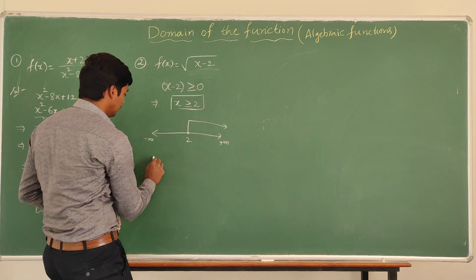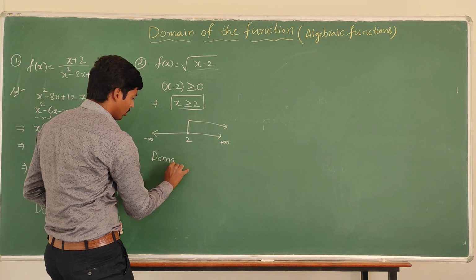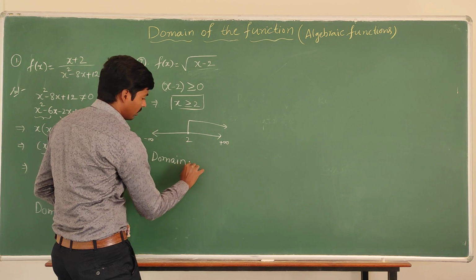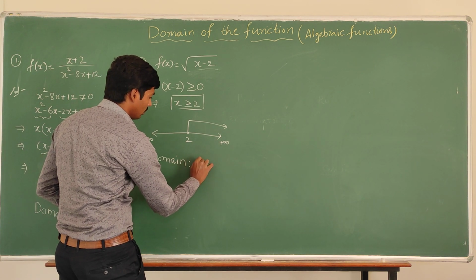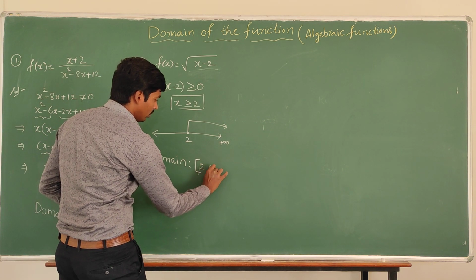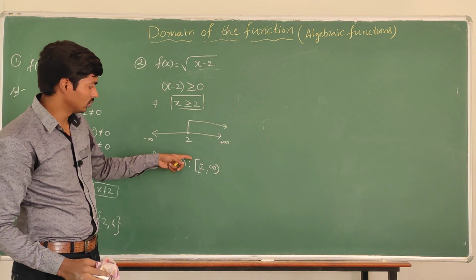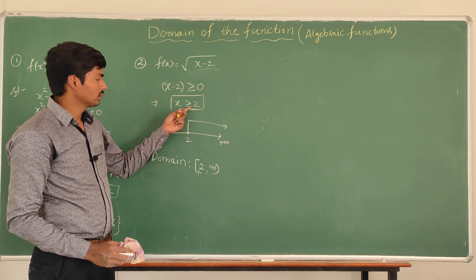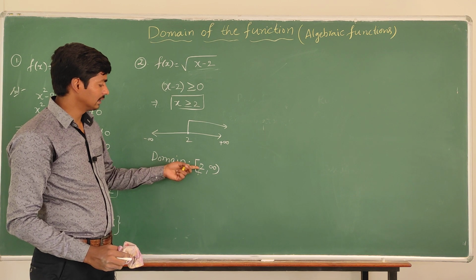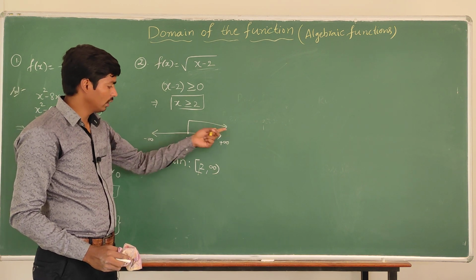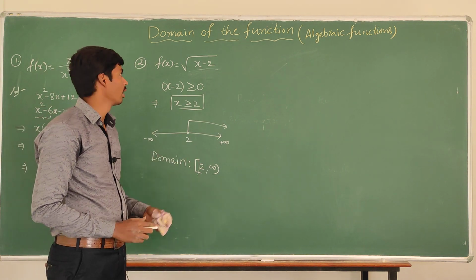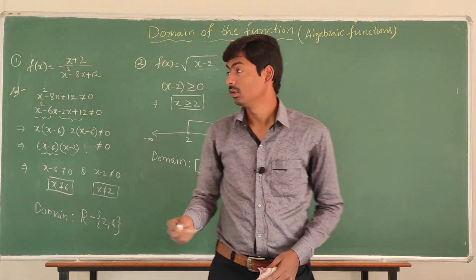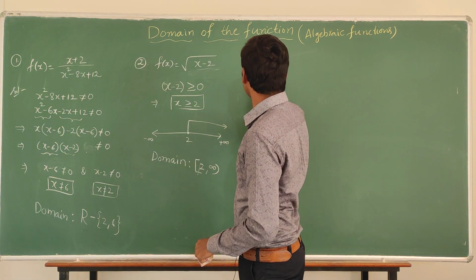So the domain of the function is 2 to infinity. Here 2 is closed. Why? Because 2 also satisfies this condition, so I will consider 2 also, from 2 to infinity. So this is the domain of my function. So next,